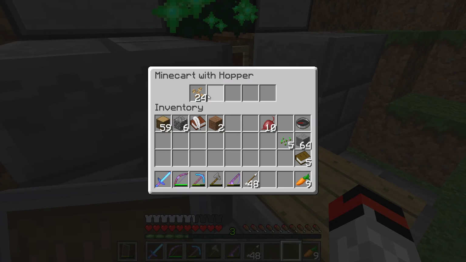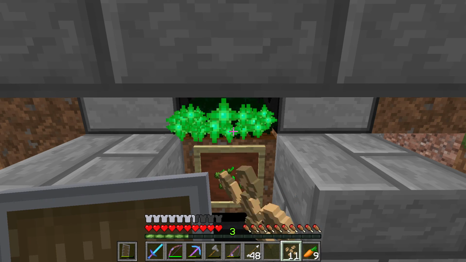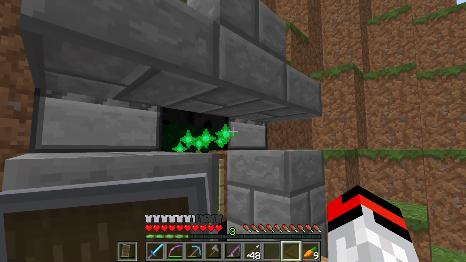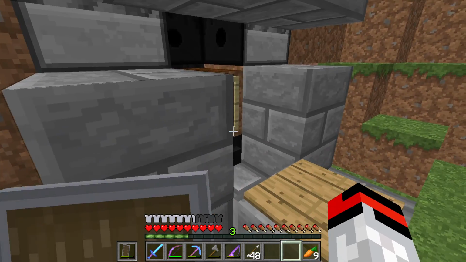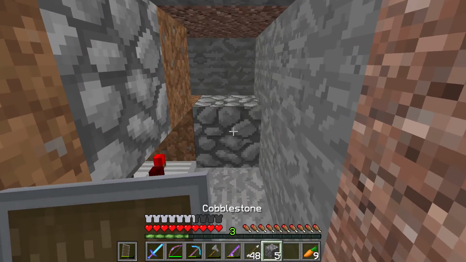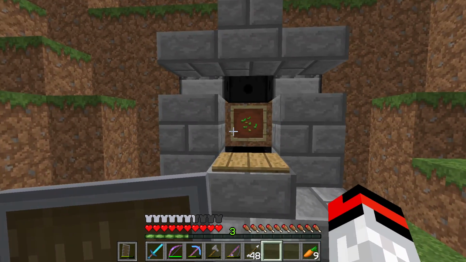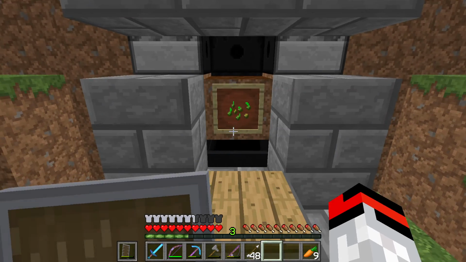Alright. And we have more beetroot, and we'll just do this a couple times. Okay, and it only uses the bone meal here whenever we are actually making a beetroot. Sometimes it's not exactly happening. I'm not 100% sure why, because it works in all my tests and everything. And I do have a tutorial on it, and that link will be up, but I'm not 100% sure,